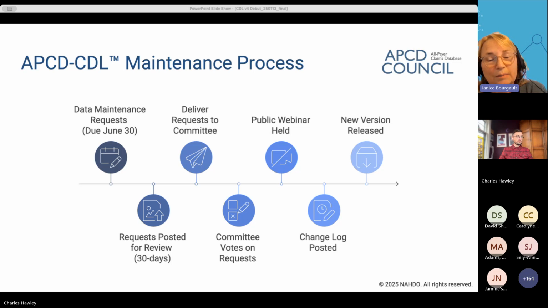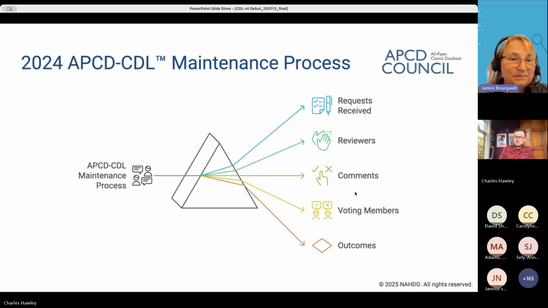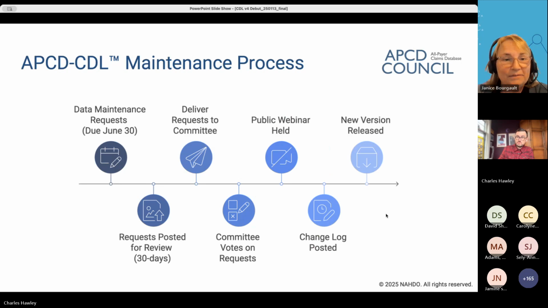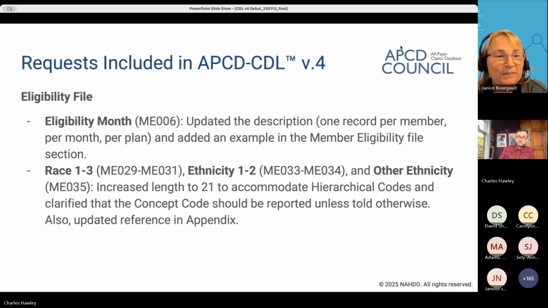And then starting in September of 2024, the Maintenance and Change Committee met biweekly to review and vote on the DMRs. The APCD-CDL was then finalized in December, and all revisions noted in a changelog, which brings us to today's webinar and the actual release of version 4.0 later this week. Next slide.